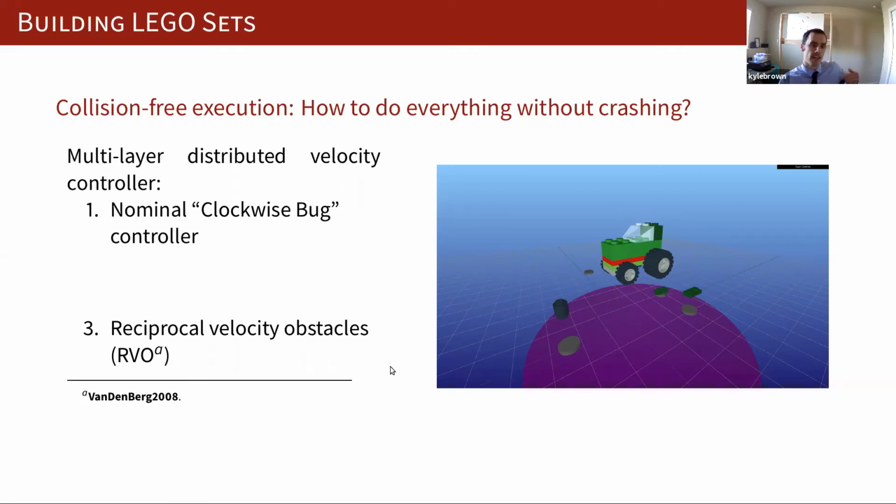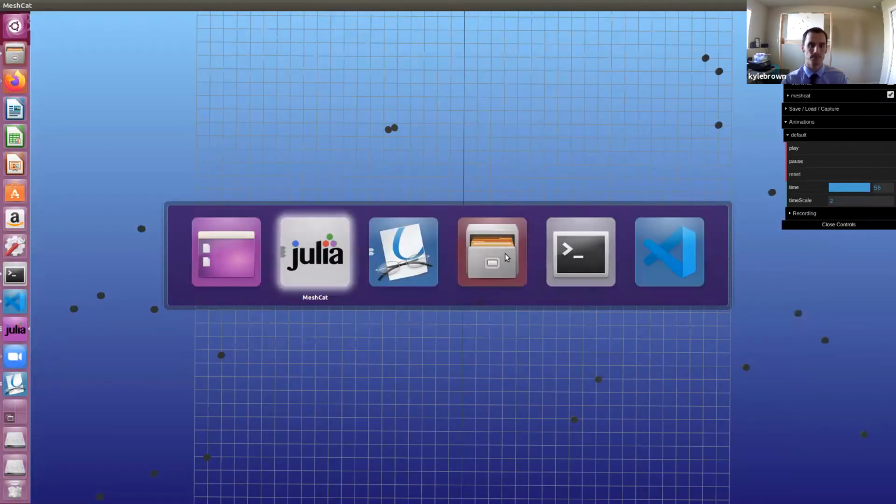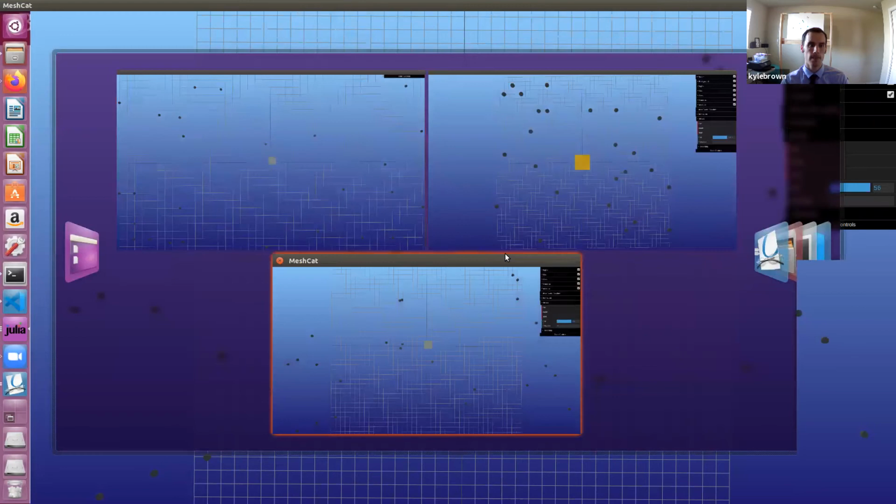And so to add another layer that sort of prevents this, although I can't prove that it does, it's just that empirically this has helped me to get these demos together that run all the way to completion, is the idea of dynamic artificial potential fields. So you may recall when seeing some of these demos,